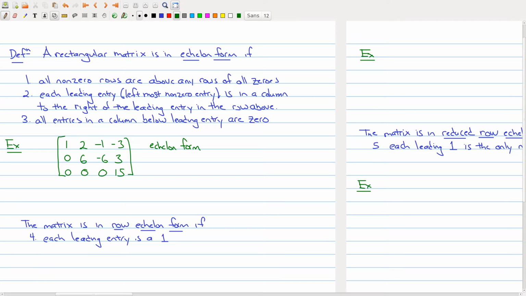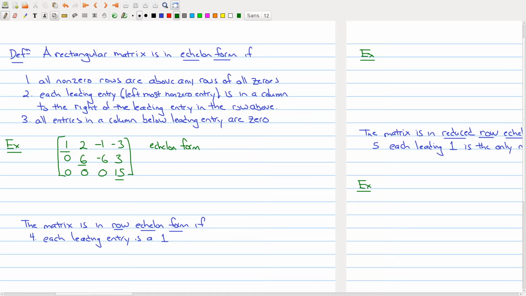Well, first of all, condition 1 doesn't apply because there are no rows of zeros. If there had been a row of zeros, I would stick it at the bottom. Each leading entry, so let me underline each leading entry, the 1, the 6, and the 15, is in a column to the right of the entry in the row above. So here's my leading entry, and it's to the right of the 6. And the 6 is a leading entry, and it's to the right of the 1, which is the leading entry